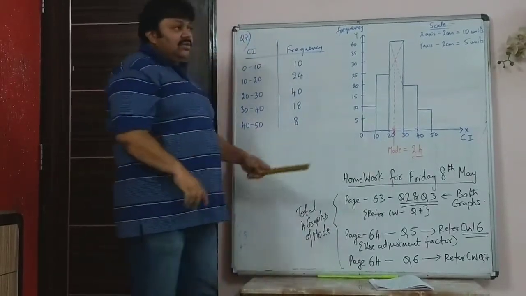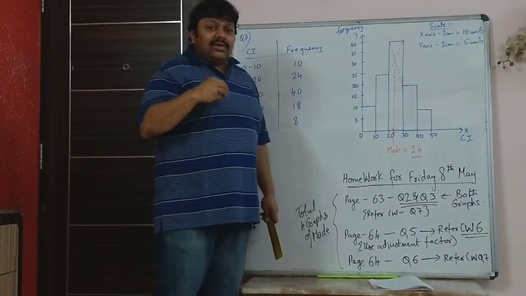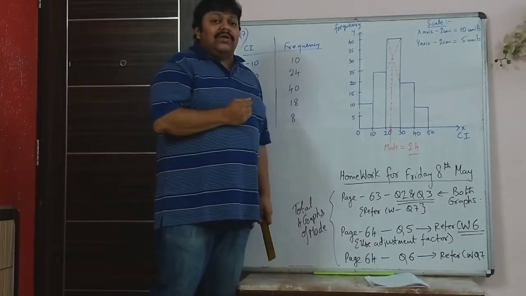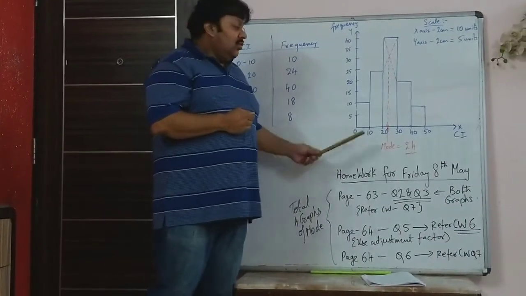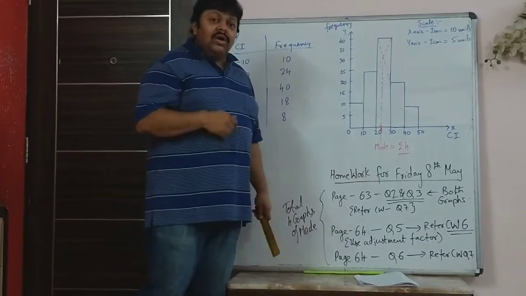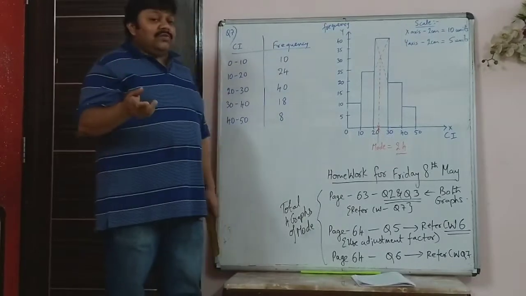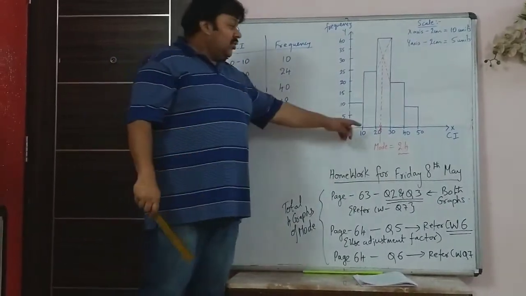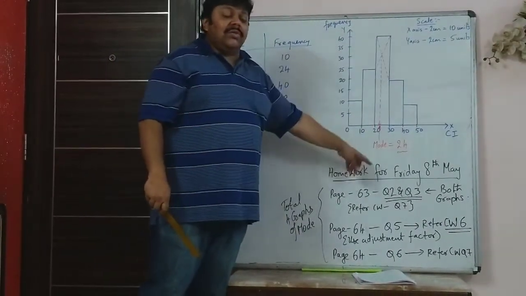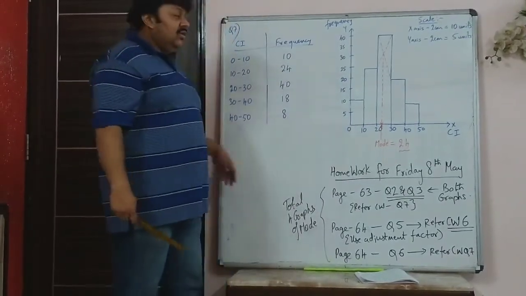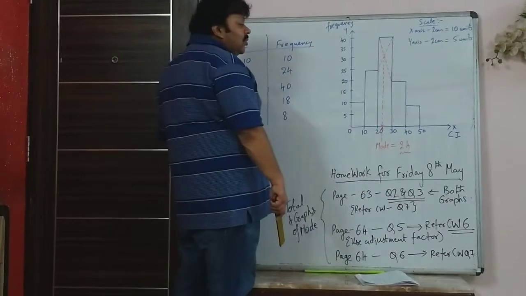Now in this case, you may say, sir, the mode is coming just after 24. In fact, it is coming between 24 and 25. So either you write it as 24, or you can even write the mode as 24.5. Both are accepted. You cannot write 25 because it is not coming perfectly on 25. It is just before 25. So it is 24 or 24.5.